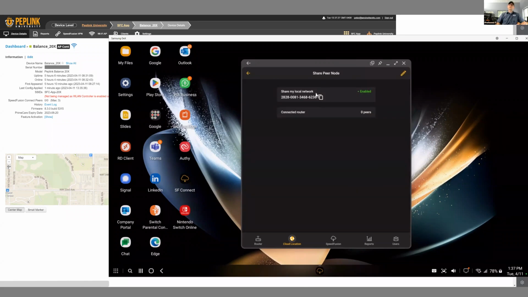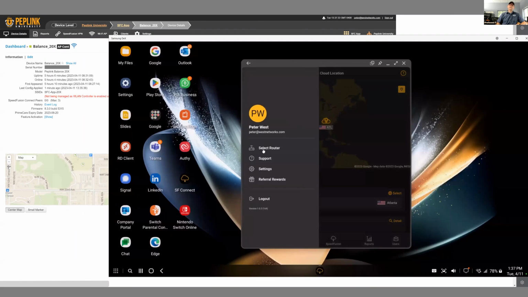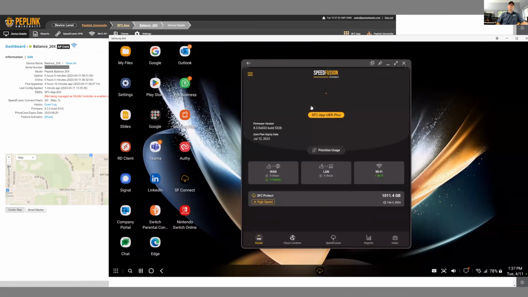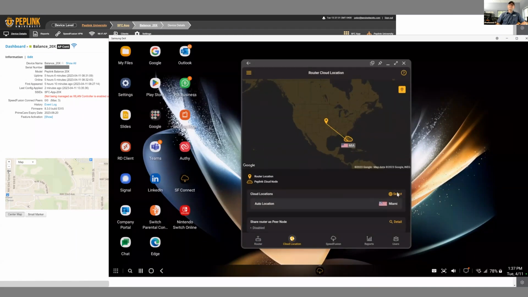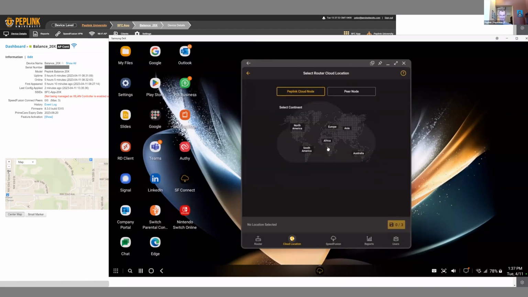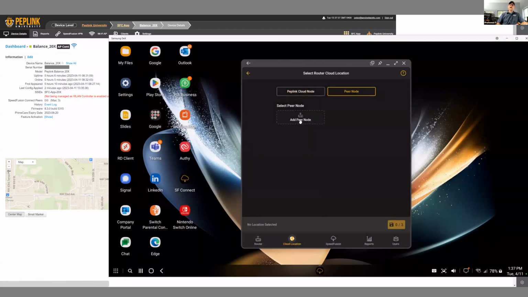You can see SpeedFusion Connect is enabled. I got a code. I can copy that code right there on my clipboard. And then I should be able to go back to the select router, go to my UBR plus, cloud locations. I think so. Find out. Oh, peer node. There it is right there. Cool. Click start, add a peer node,